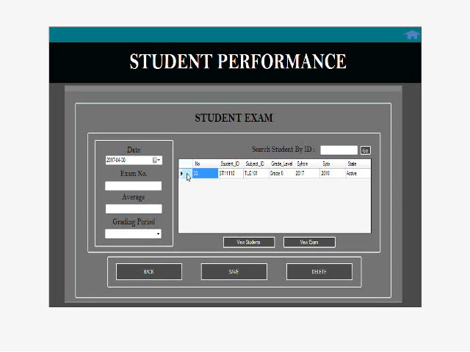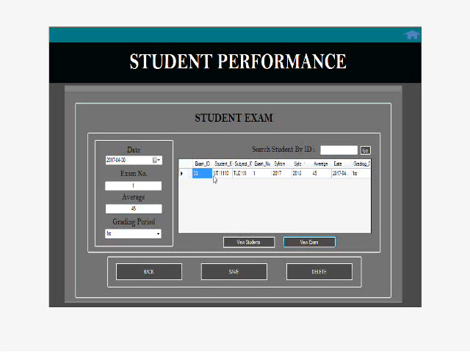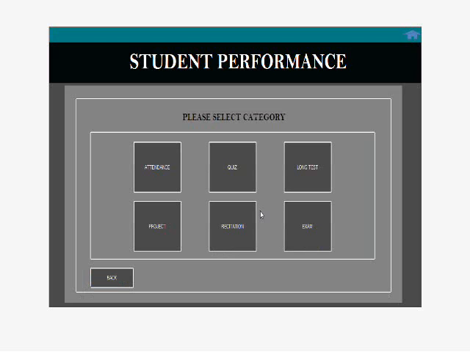Like before, just click our student number and then average, and then first grading, click save. Very successful. There's our exam. And next, let's go back. So we are done with our student performance.